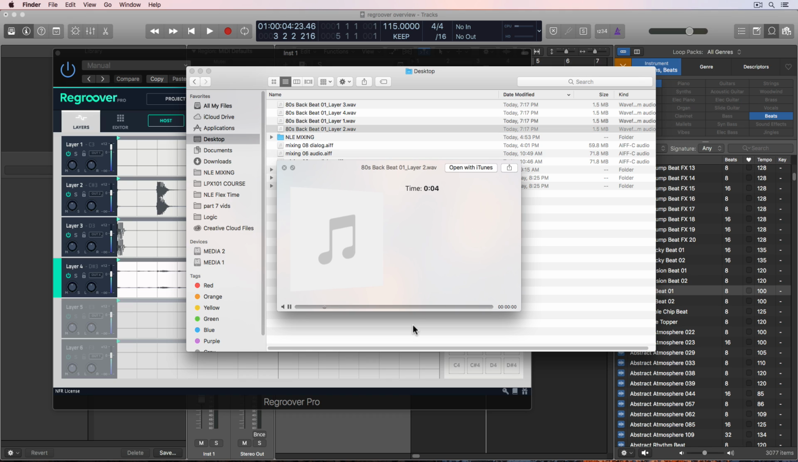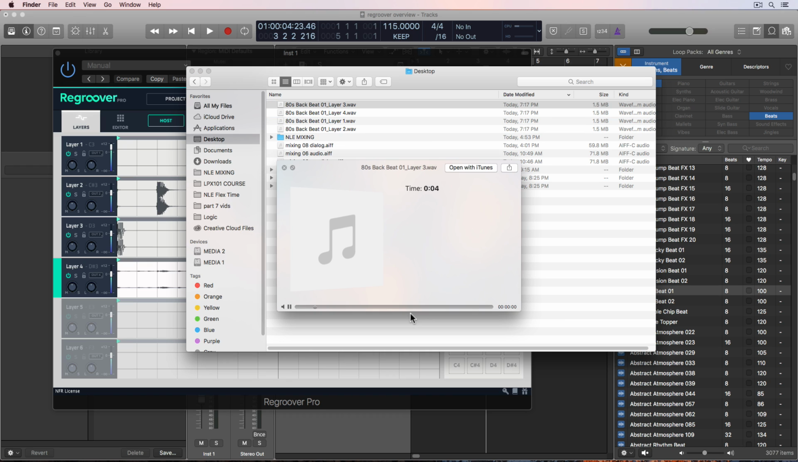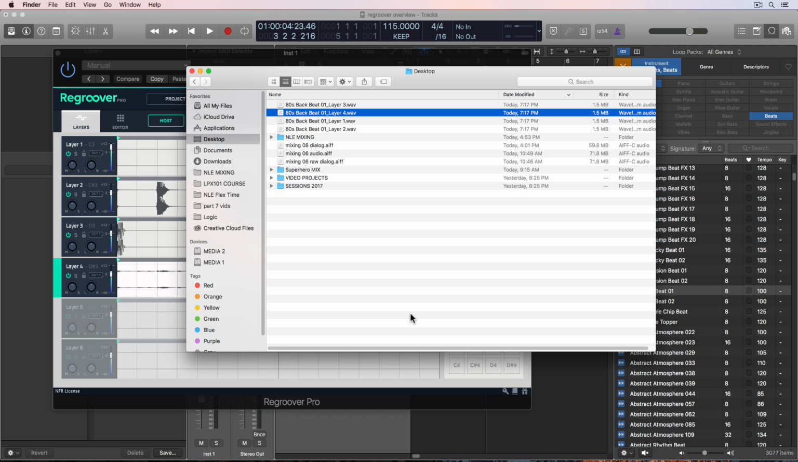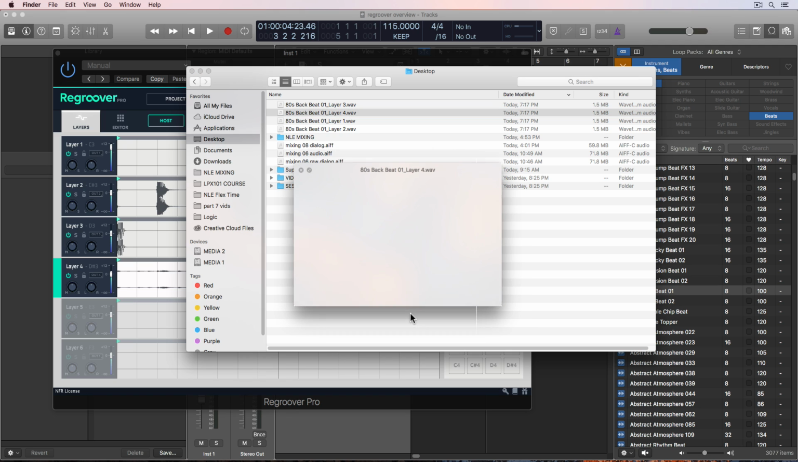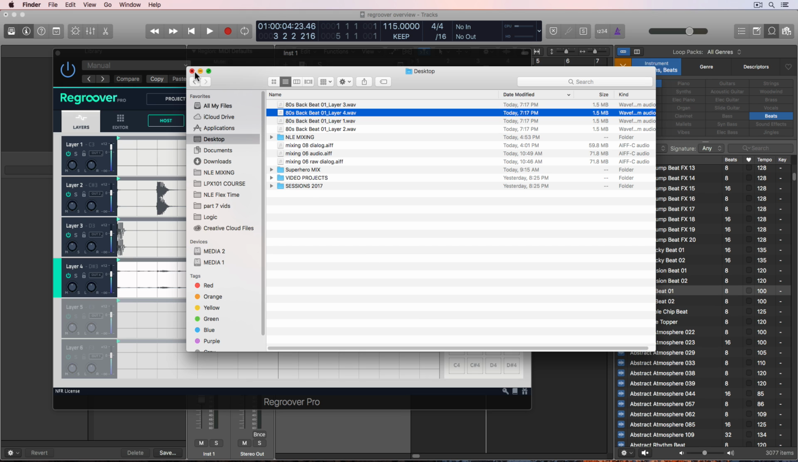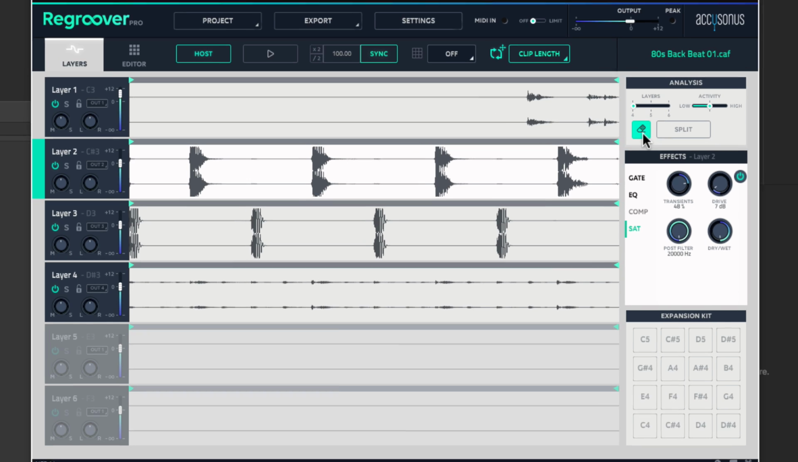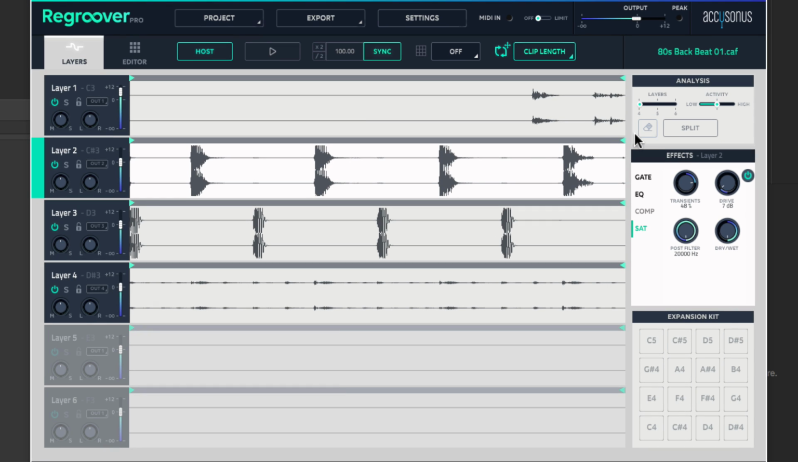Layer 2. Layer 2 is just the snare. Layer 3 is the kick. And layer 4 is the hi-hat. So you could drag those into your Logic session and work with them as audio if you'd like to as well. Now, another thing you can do is you can turn off your edit mode here,